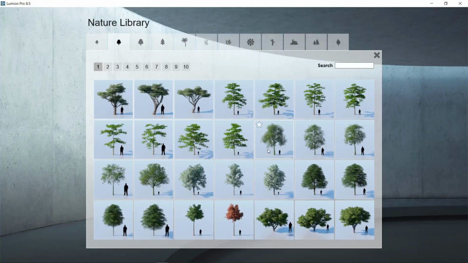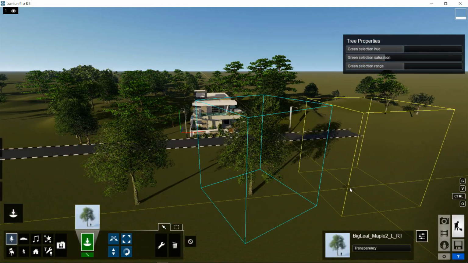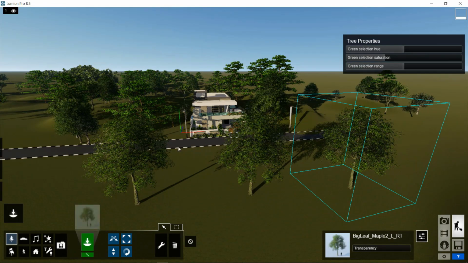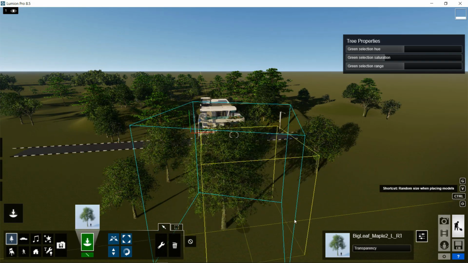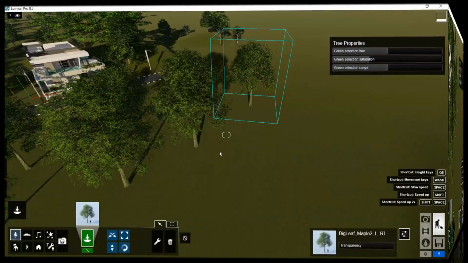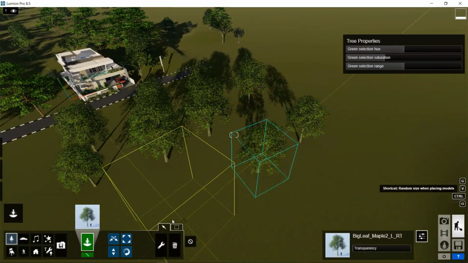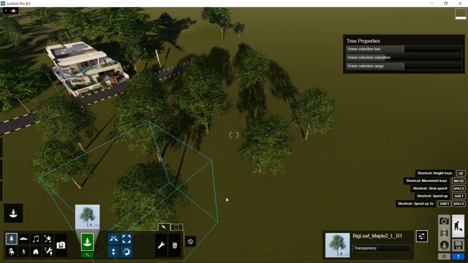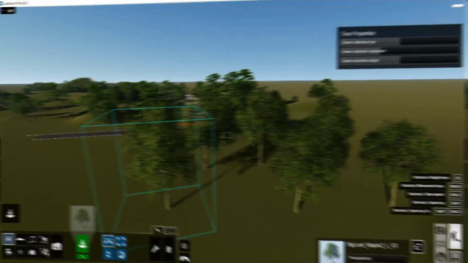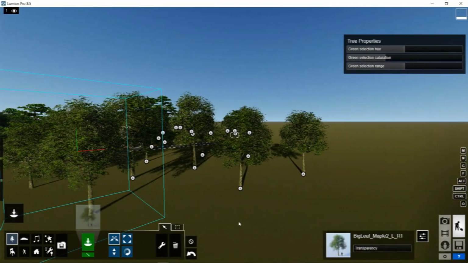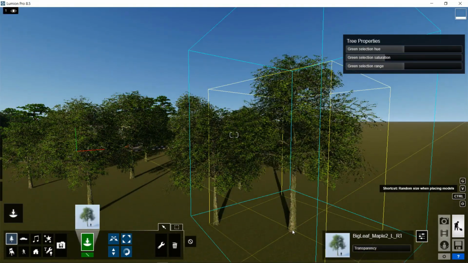The second and most important thing you have to do is the scale variation in your landscape objects. Like I placed 3 trees here and all 3 of them have the same height, and that is the Lumion default setting. Here you can improve your landscape by pressing V on the keyboard, so you get 50% scale variation in your objects. The scale variation hides any fault in your scene.